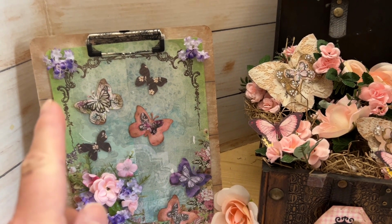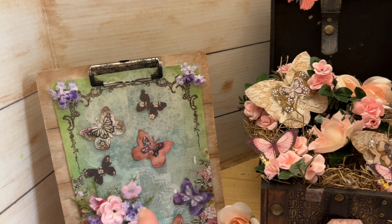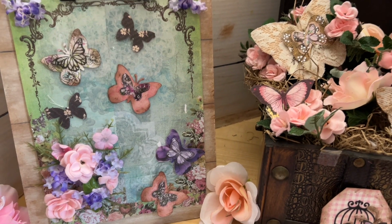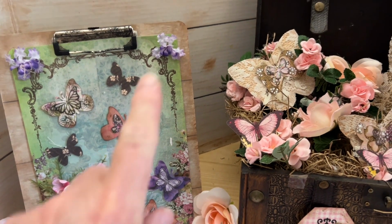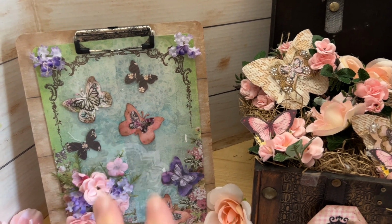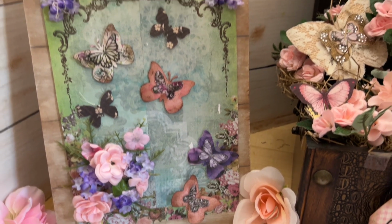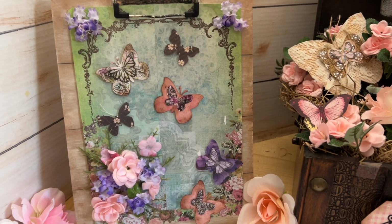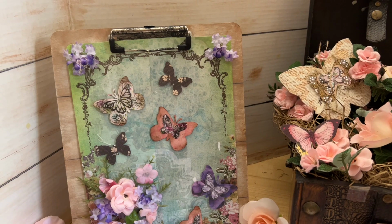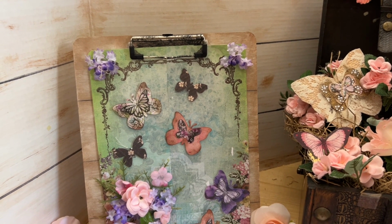So I just took a piece of paper. This was 12 by 12, and I don't know if you can see, I cut it down the middle and squished it together to make it fit on here. You can barely see it. But I added little flowers. I love the border. That's why I wanted the border to show. It has flowers all around. I glued more flowers and butterflies. That is art, I think. I think that's so beautiful to put on the wall, to put in a cabinet, to put on a shelf. It's just